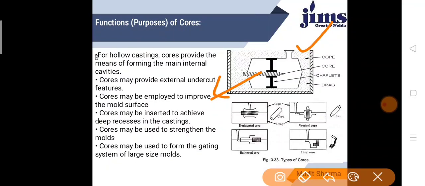There is a molding flask, whose upper part we call cope and lower part we call drag, and in between, the parting or cheek, the core is installed. If I am going to produce a hollow cavity, then we use a core, which may be inserted to achieve deep recesses in the casting.